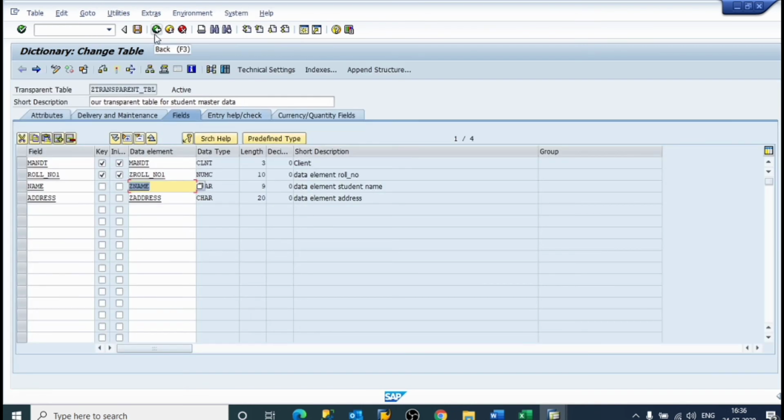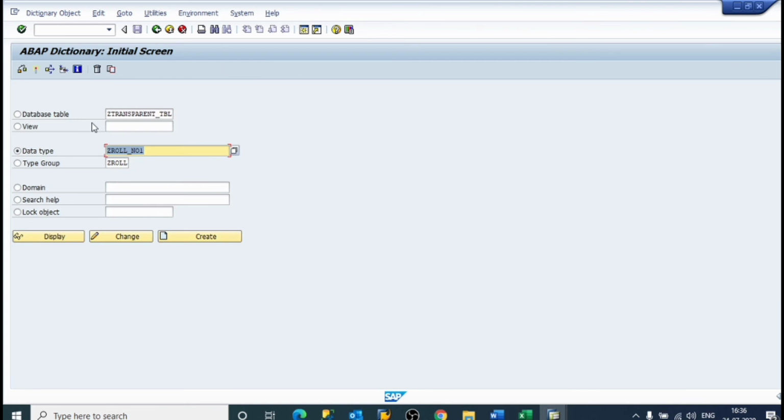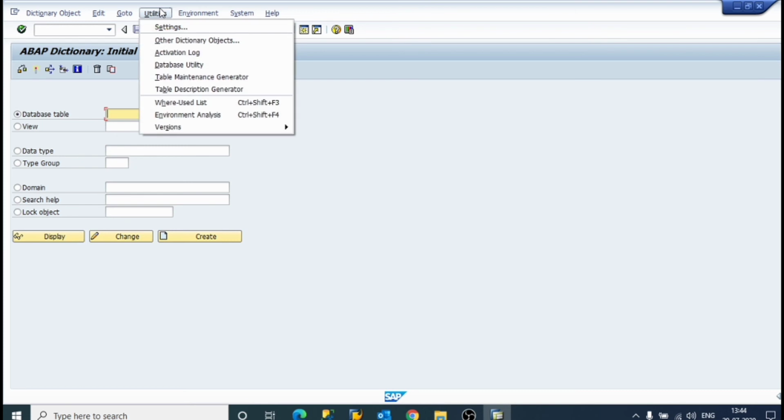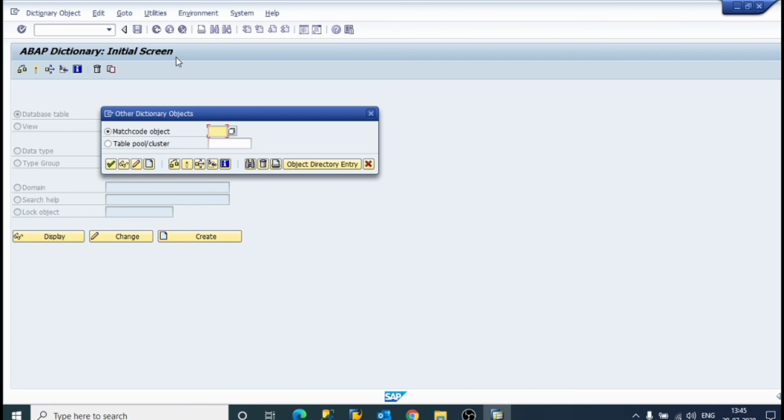Now we will see how to create a pool table. Now we will create table pool and pool table. So first SE11 ABAP dictionary, then click on utilities, other dictionary objects, table pool.